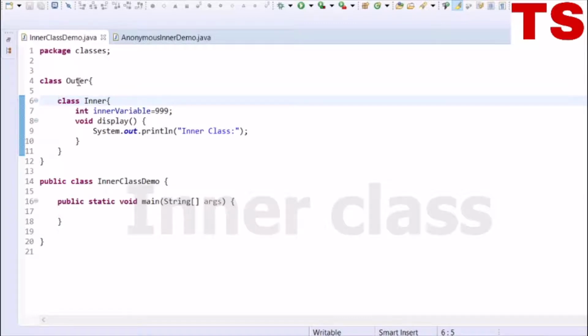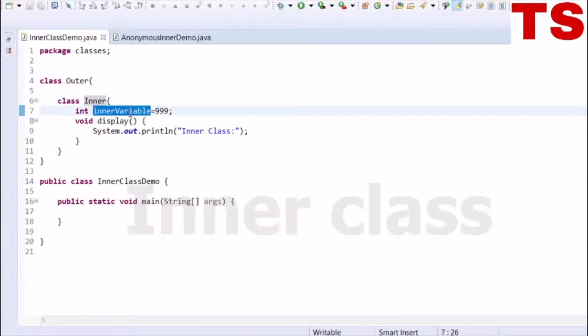Here I have created an outer class, and within that I have defined an inner class which has one variable, that is inner variable, and I have assigned some value to it.